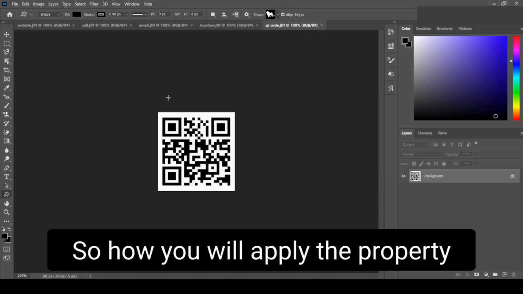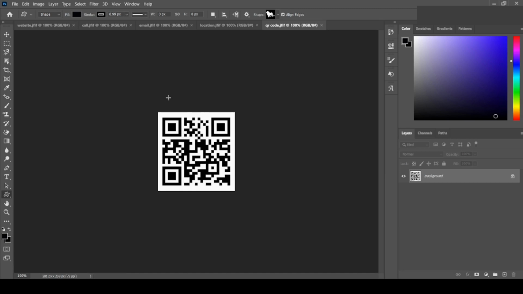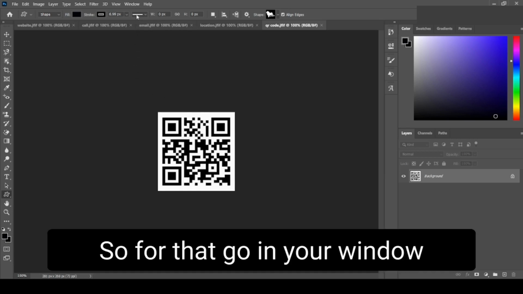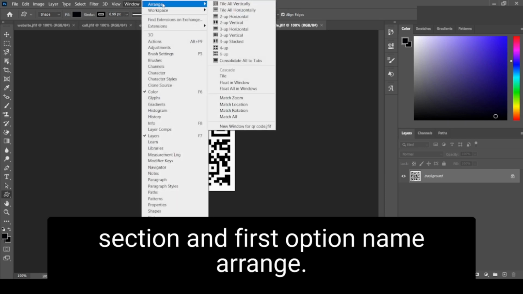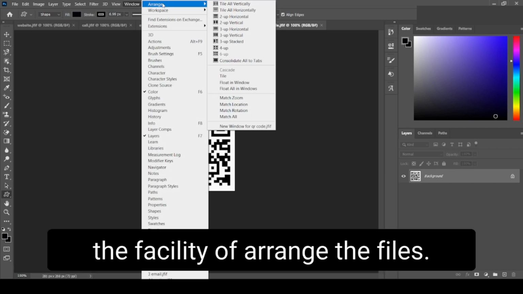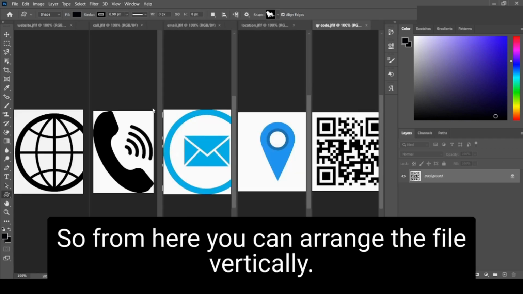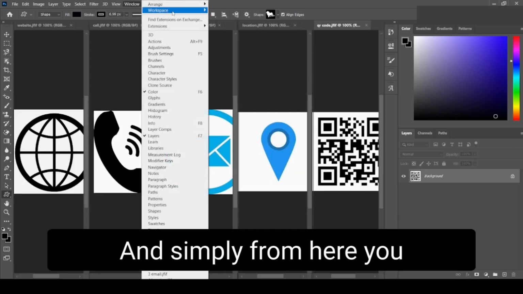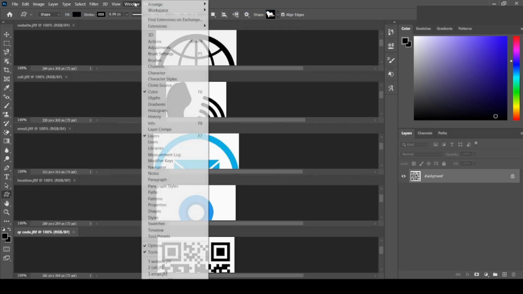So how will you apply the property of the Windows tool on that file? For that, go to your Windows section and the first option is named Arrange. In this option you will get the facility to arrange the files. From here you can arrange the files vertically, and from here you can arrange the files horizontally, and